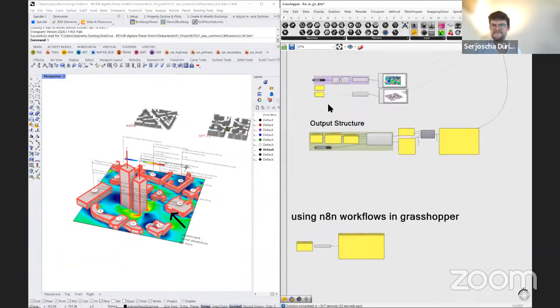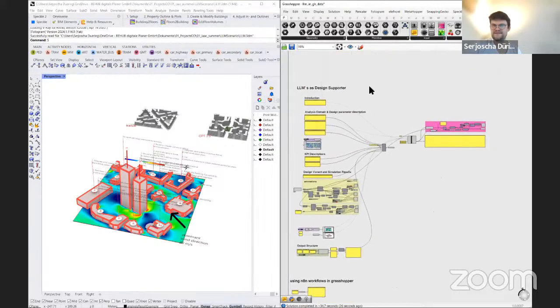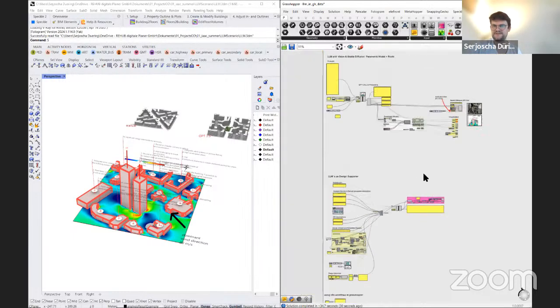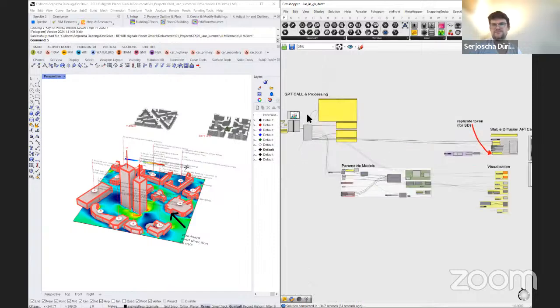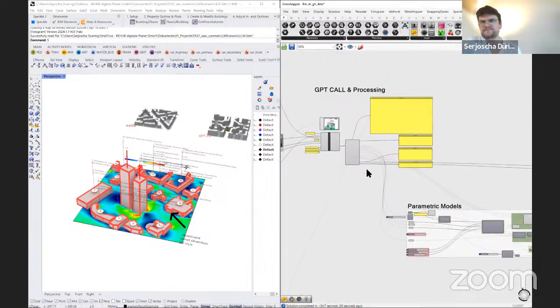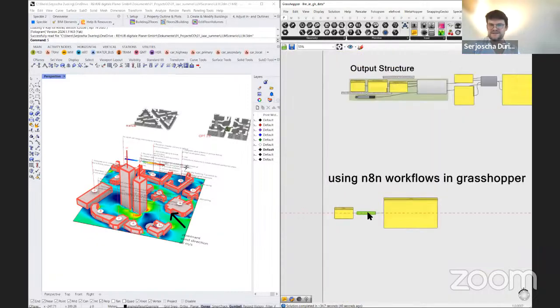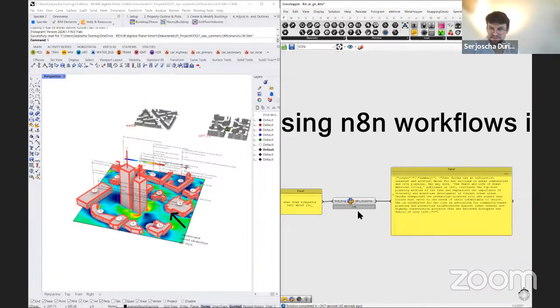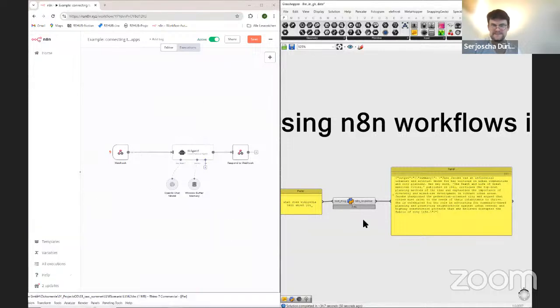All right, now the last part. So you see it's quite chunky here, all these setups with the prompts, text fields, and so on. Not really very pretty, also not very maintainable, I think. So shifting that to some sort of web-based service makes a lot of sense. And with N8N, you can also connect it with a lot more things. So let's have a quick look at how that looks.